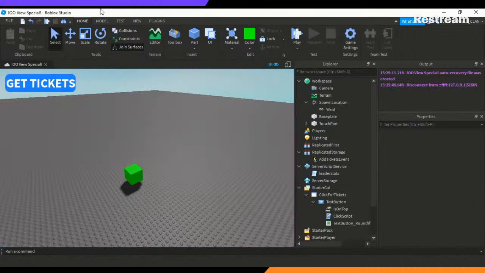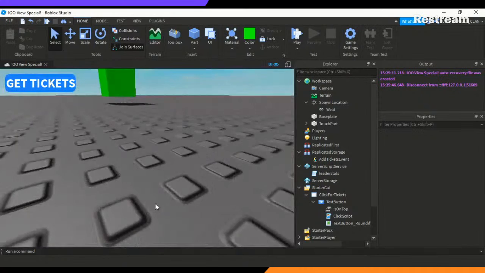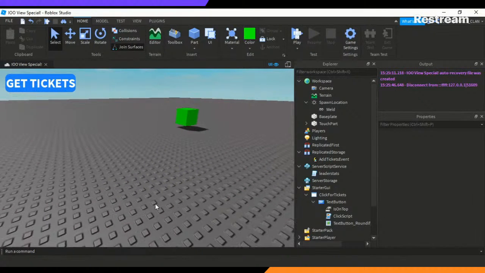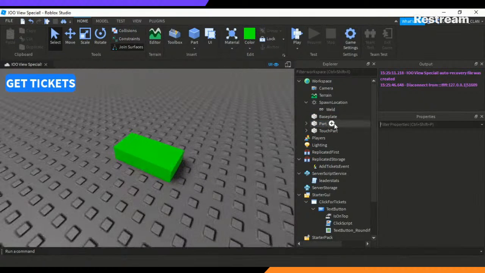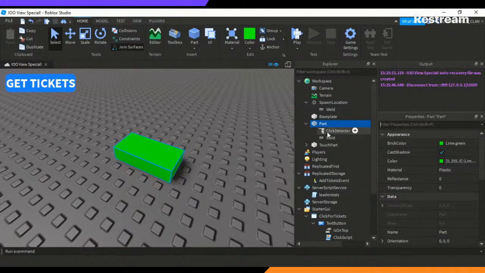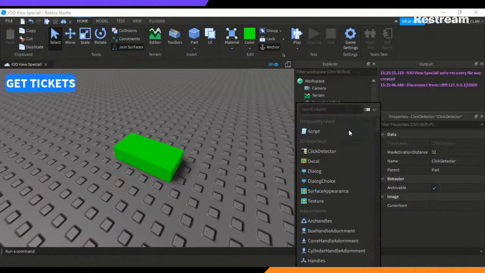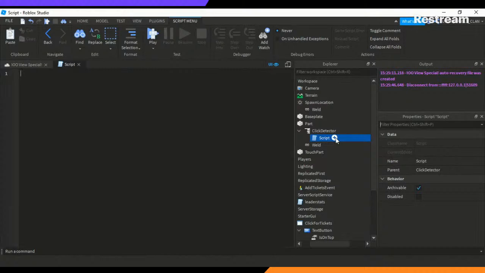let's talk about how to make things their position plus some. Like, say we want this part. Let's add click detector into it. Click on click detectors. And the script inside the script detector. Let's get this over with. Let me show you how click detectors work. Local click detector